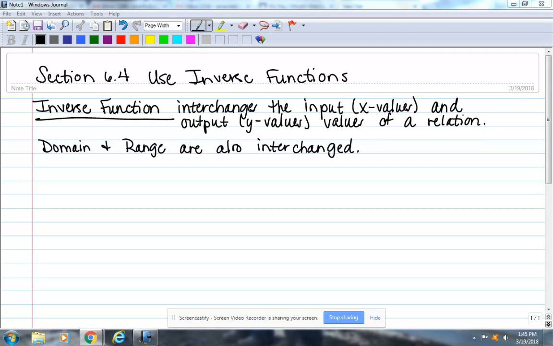So if they tell you that the domain of a function is this and the range of the function is this, you swap them for the inverse. So it's pretty easy. If they're going to give us an equation, then we have to find the inverse of that function. Okay? So to find an inverse function,